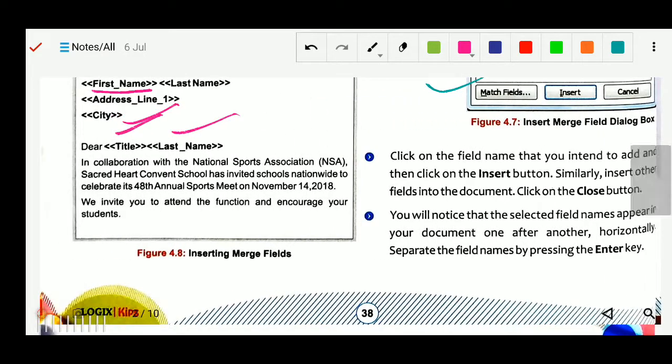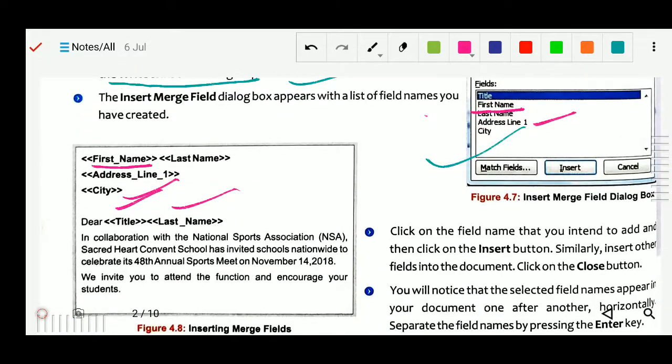Now here, between these angle brackets, I wrote first name, last name, address, city, title, and all that.